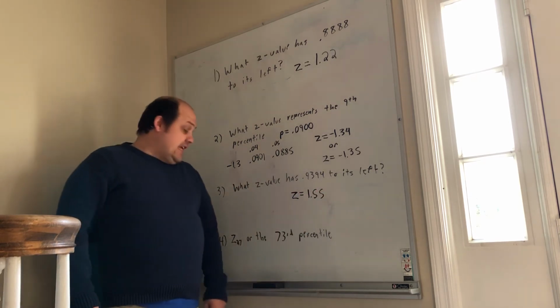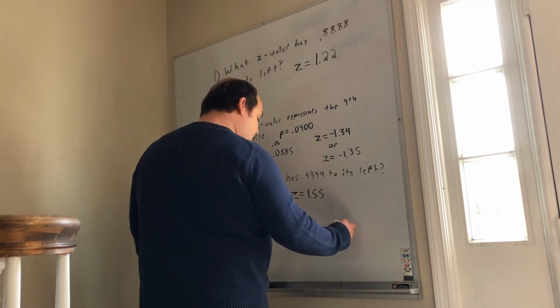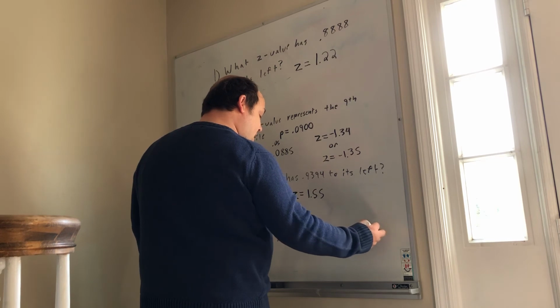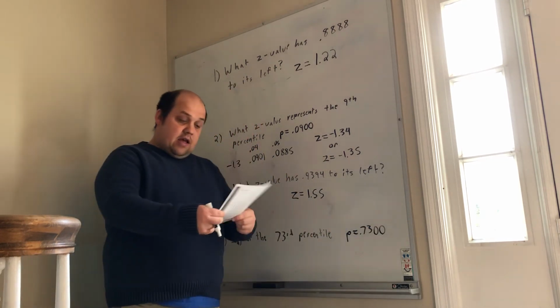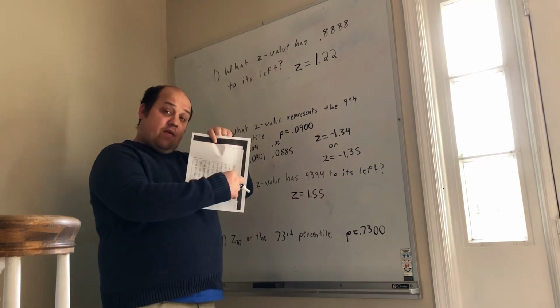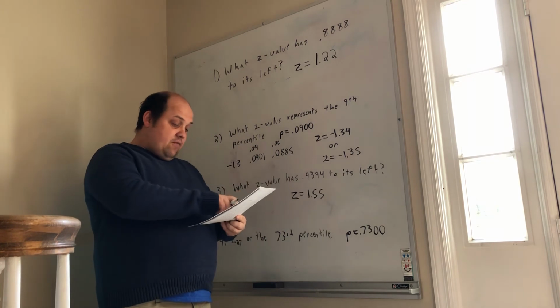Finally, number 4, or the 73rd percentile. 73rd percentile means p equals 0.73. I'm going to add 2 zeros to it. If I now look, I'm going to be on the side that doesn't have the graph at the top, that goes 0.5 to 1. On that side, as I read down,